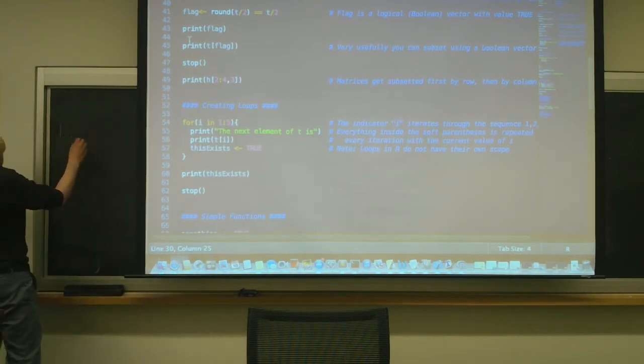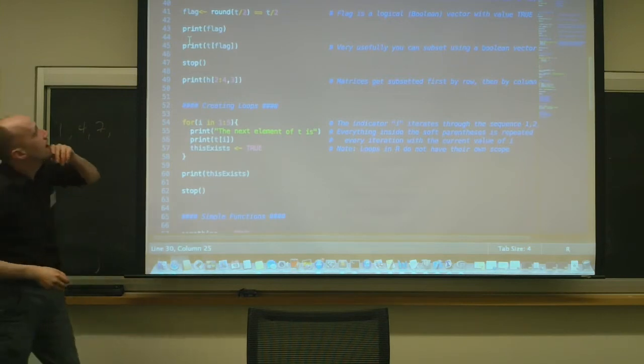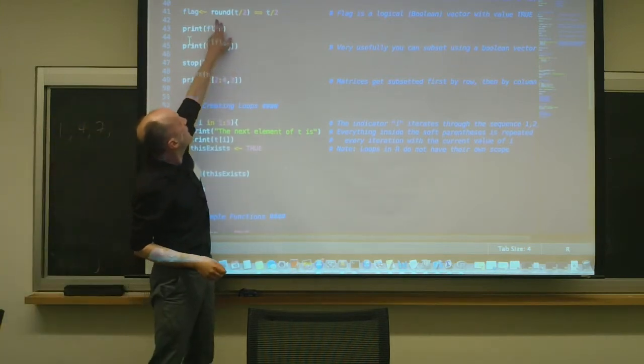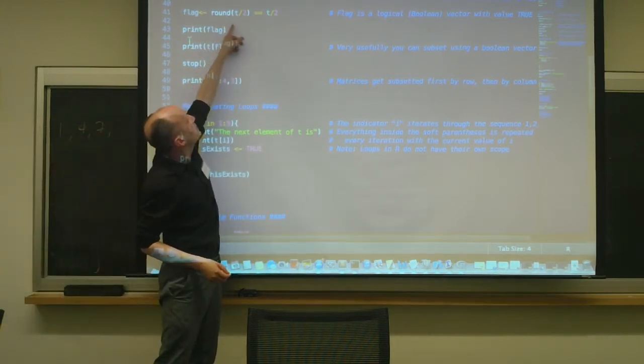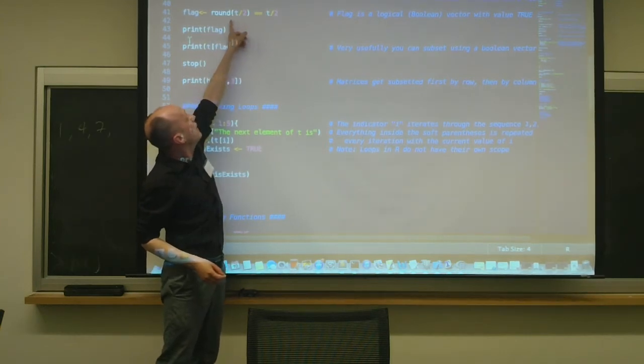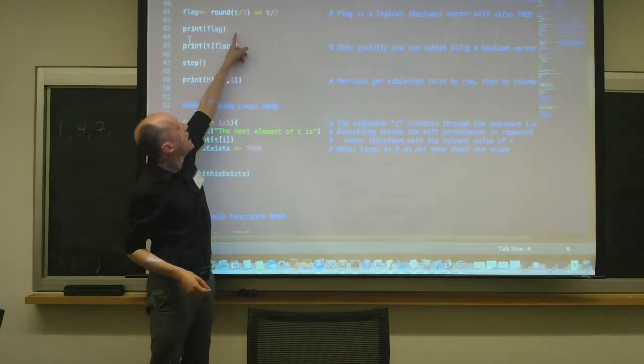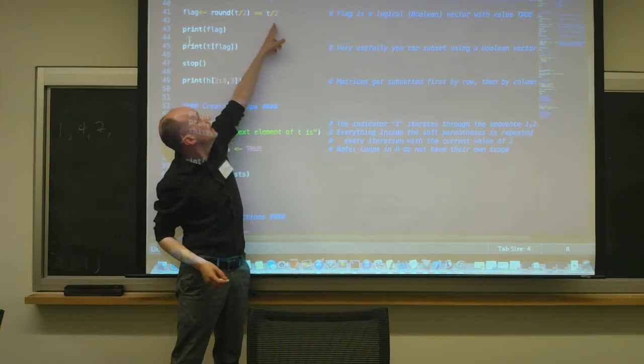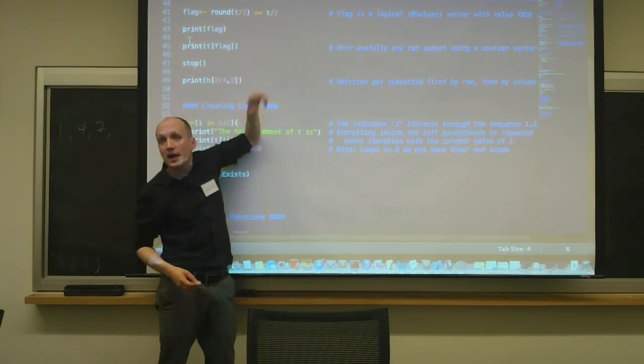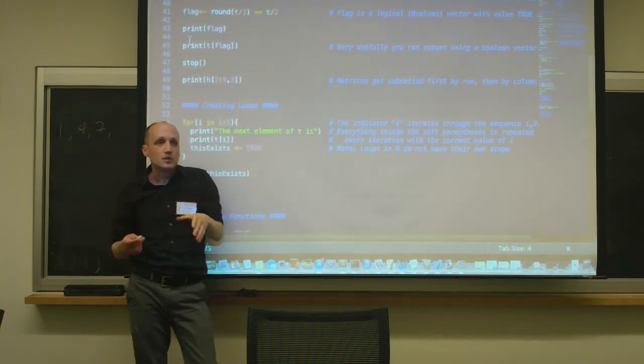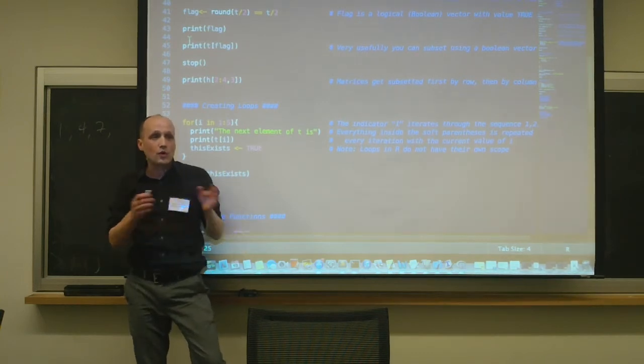1, 4, 7, and so on and so forth. And then I'm going to run a little function over here. I'm going to use a function called round. I'm going to divide t by 2. And I'm going to say, is whatever number comes out of the rounding equal to t over 2? Double equal sign is my operator, which says, is it equal to? That's the test indicator. That's either true or false.